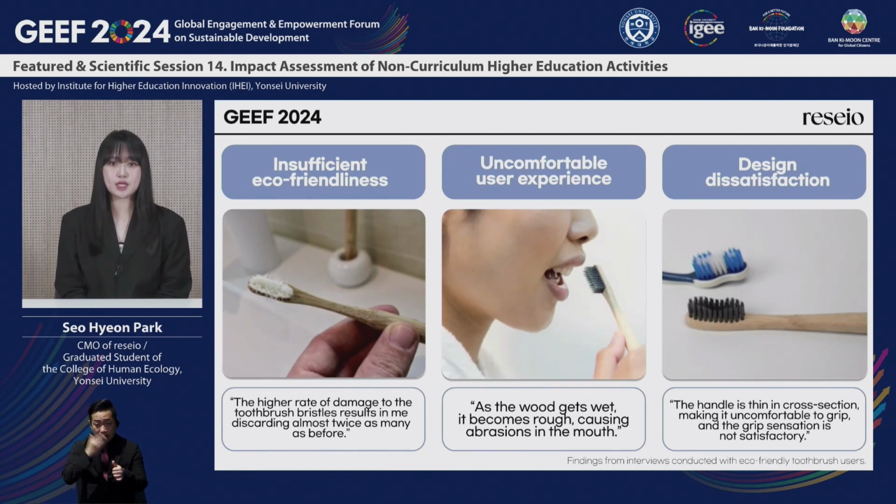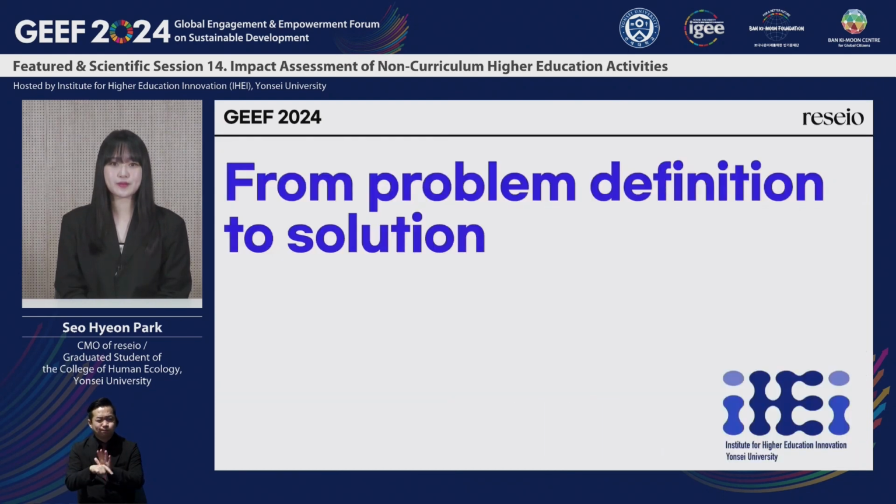In fact, recently there has been a growing number of users who have realized this problem and are looking for eco-friendly toothbrushes, but it hasn't really caught on. Why aren't consumers looking for eco-friendly toothbrushes? For many, it is because they're uncomfortable to use and they're not attractive in terms of their design, or even worse, are damaged and end up being thrown away because they're eco-friendly but not good to use.